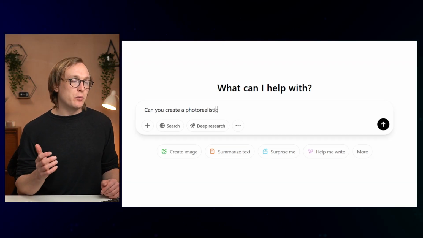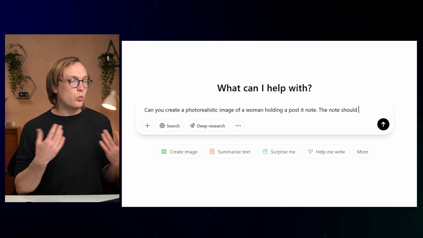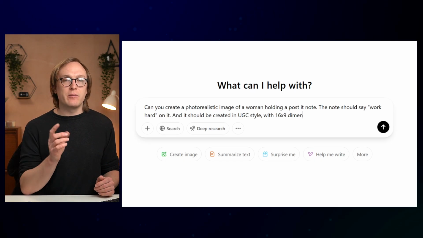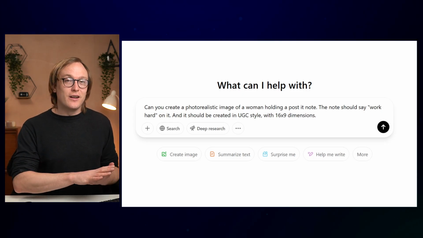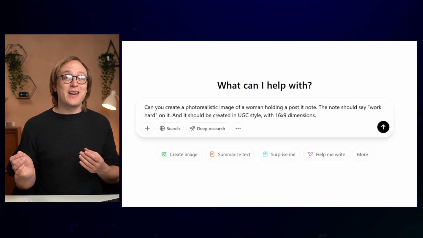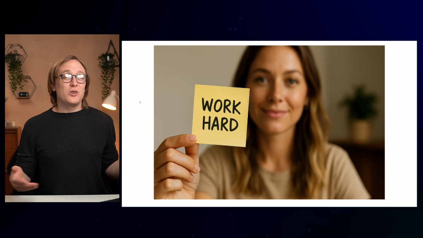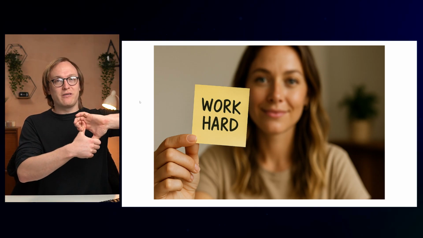So the first technique for creating images is to use a prompt to come up with something completely brand new. This currently only works on the paid version of ChatGPT, which is about $20 a month. So we'll go over to ChatGPT and I will type in, can you create a photorealistic image of a woman holding a post-it note? The note should say work hard on it, and it should be created in UGC style with 16:9 dimensions. When you press enter, it will take a few minutes to process and it creates this image. And sure, the text looks a little fake, but YouTube thumbnails are often so small on the screen that